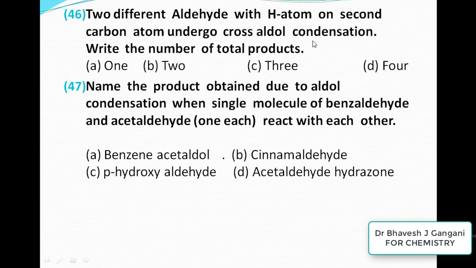चलो अब इसका आंसर आपको कंप्लीट करके बताना है, कि कौन सी प्रोडक्ट मिलेगी। यहाँ क्वेश्चन आपके लिए छोड़ देता हूँ, आपको आंसर फाइंड आउट करके कमेंट बॉक्स में लिखना है। क्वेश्चन ये है कि name the product obtained due to aldol condensation when a single molecule of benzaldehyde and acetaldehyde react with each other। चलो मैं आपको बता देता हूँ कि एसिटाल्डिहाइड और बेंजाल्डिहाइड की रिएक्शन होगी तो क्या मिलेगा। आंसर होगा बी, सिनेमाल्डिहाइड।